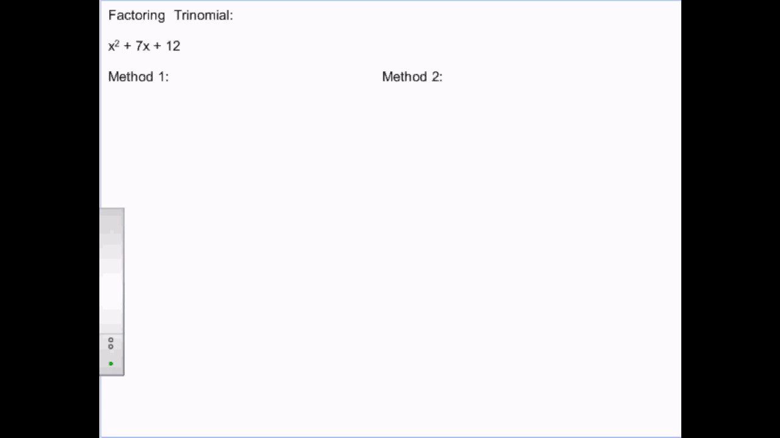There's kind of the standard way to do it, which is like a table with factors and sums. And then method 2 is my method, big giant X. It's like the game show method. Okay, so